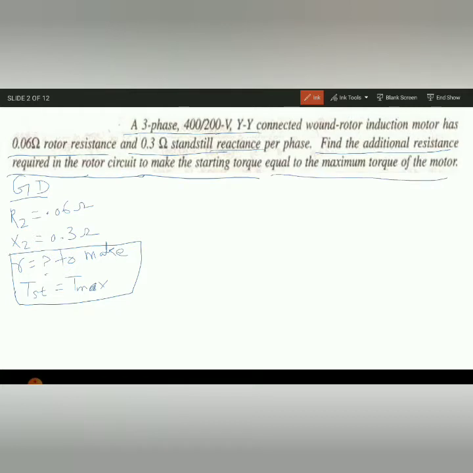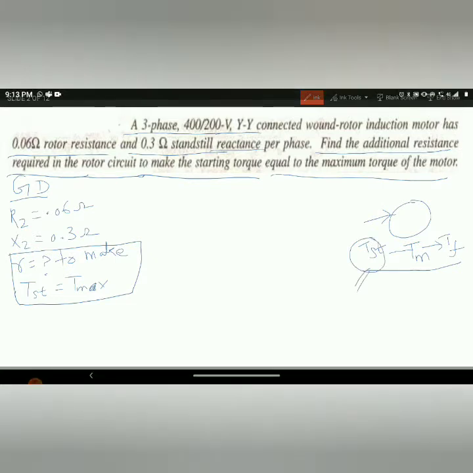It means, suppose we have an induction motor, it runs in different regions. At the time of starting it has a different torque, and as it starts working in running conditions, at a particular time it may reach the maximum torque, and in another condition it goes to the full load torque. So different conditions of torques are there. Now what we want is, when we start the motor at the beginning itself, the starting torque should be equal to the maximum torque.